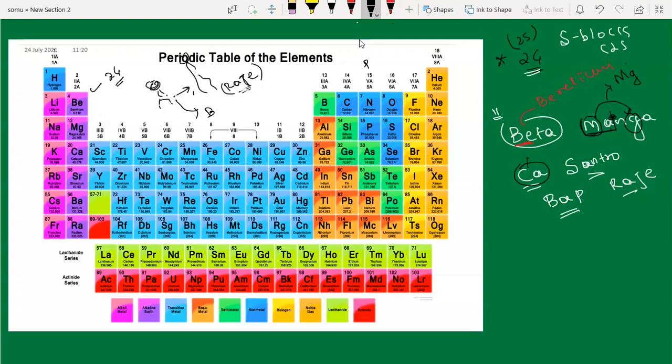Mg means magnesium, you can remember. Then Ca, directly you can take Ca, the symbol for calcium.